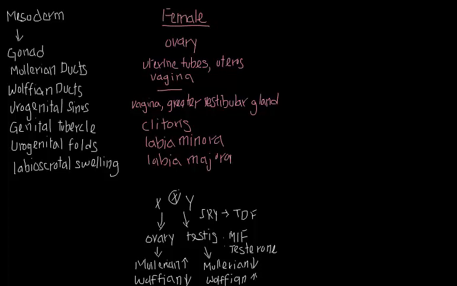So now I'm going to switch colors over here and grab a blue color, and we'll talk about the differentiation of the male structures. So in the male structures, our gonad is going to be the testis, as we talked about before, and the Mullerian ducts are going to regress this time. Now our Wolffian ducts are what's going to become prominent in the male, and those are going to form the epididymis,